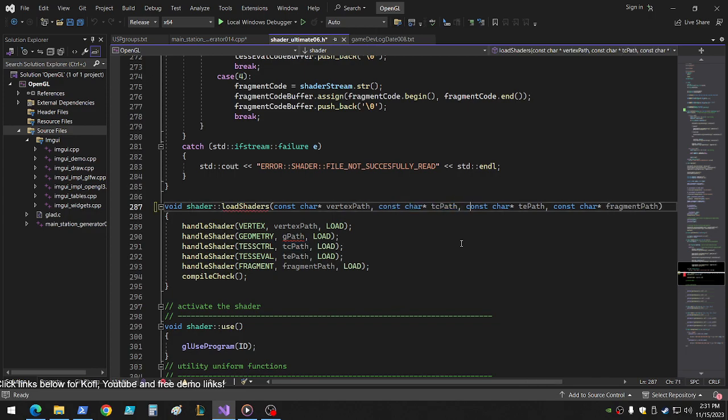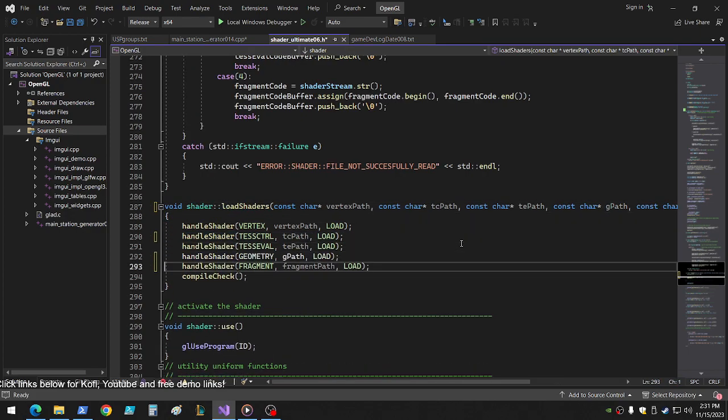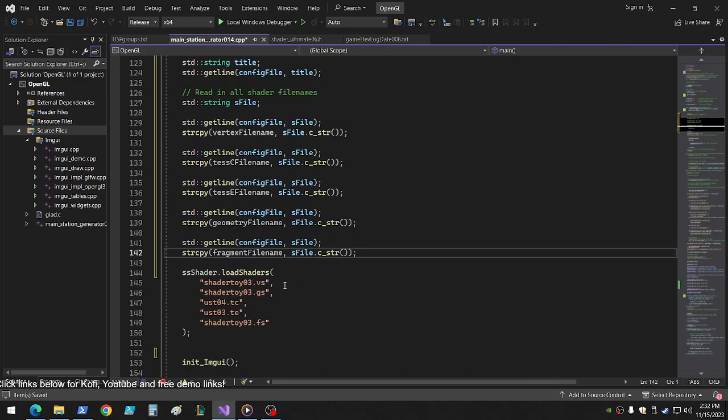G path. Right there. Let's move this down there just for... It doesn't really matter, but I just want to make sure I get that. So then this one,